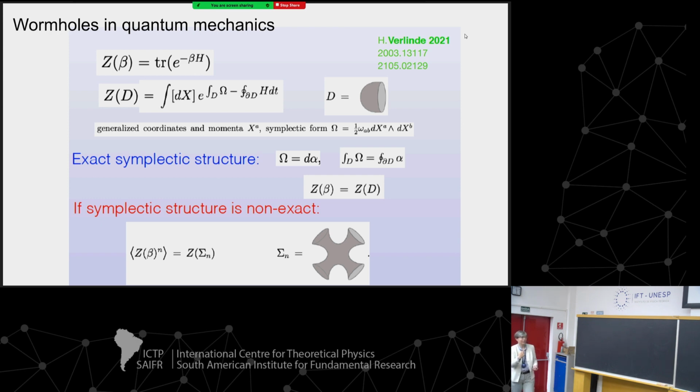But the much more interesting thing, and that's what we're going to consider in detail in this talk, is what happens if the symplectic structure is non-exact. Because if it's non-exact, then you can't use Stokes' theorem, and this means that you have to stick with these extended integration regions. If you calculate the accumulation function of partition functions, for instance with 4 of them, so n would be taken to be 4, then your integration region has this wormhole structure. So here already is a multi-mouth wormhole that you can get in this way. This kind of wormhole-like structure also arises as an integration region in a quantum mechanical system. That's explained in great detail in this paper.